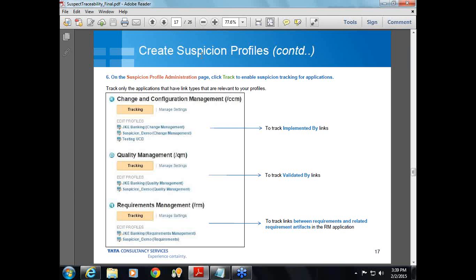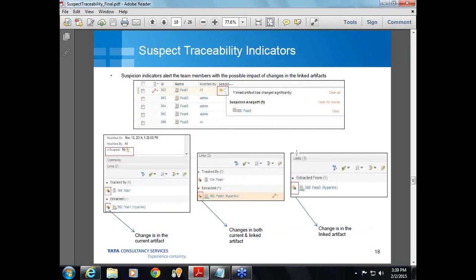Now moving on to the next slide. What are the suspect traceability indicators? As I told, it is an indicator which alerts the team members if there is any possible impact of changes in the linked artifact. So here you can see,